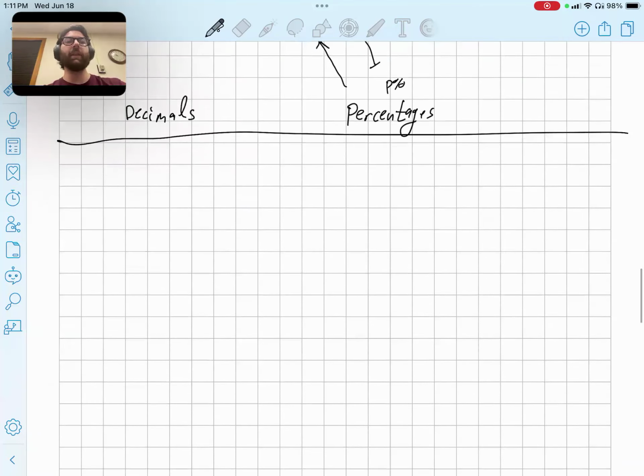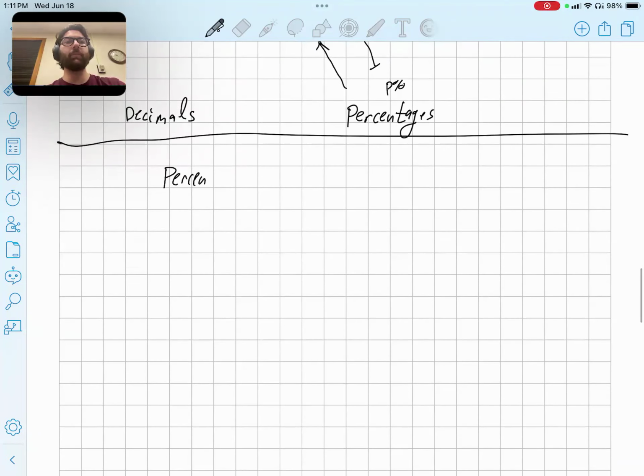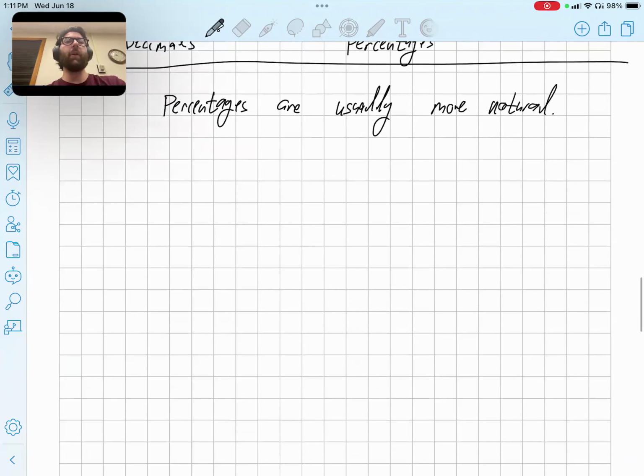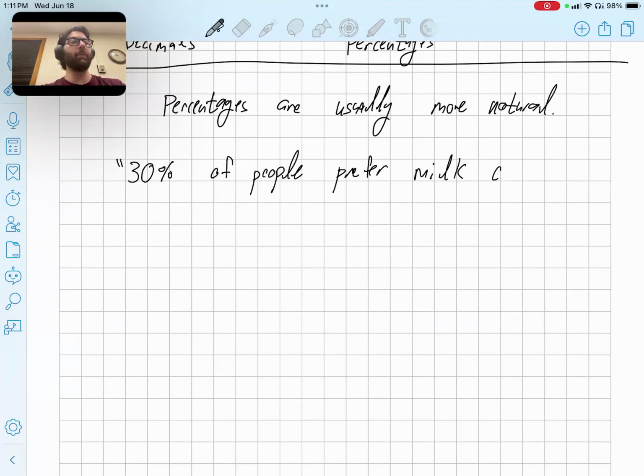Another more psychological reason is percentages are usually more natural for people. And so they usually seem more natural. So especially if you're reporting statistics or probabilities, if you say something like 30% of people prefer milk chocolate, as just a random example,